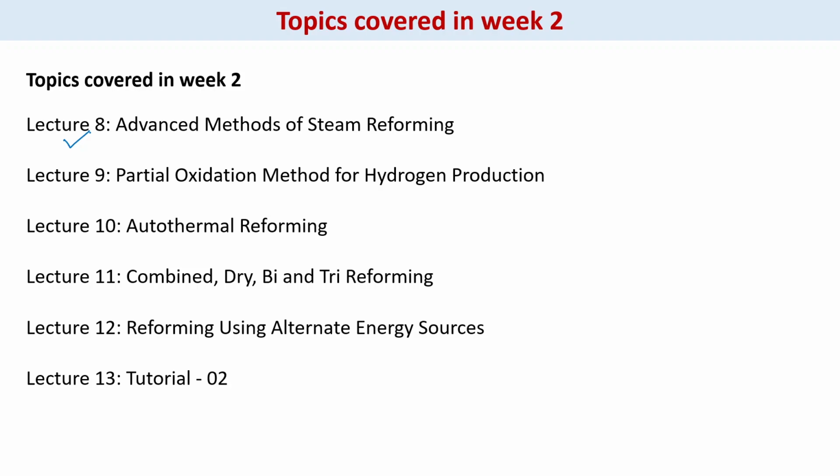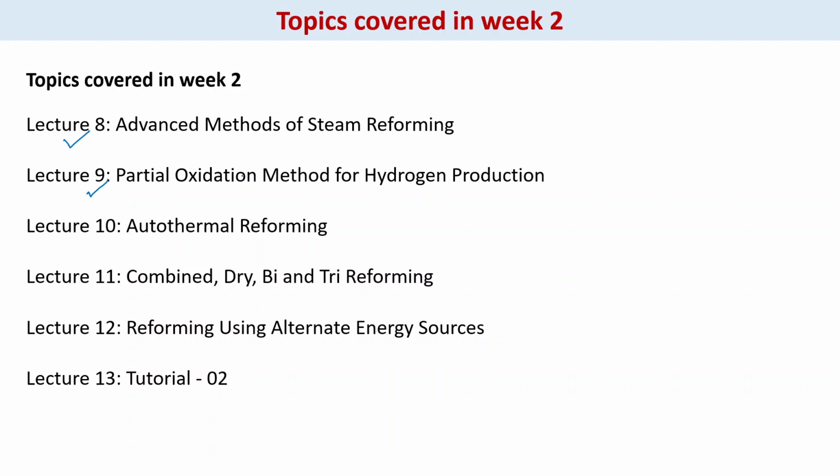This was part of advanced methods of steam reforming, meaning how we make some arrangements to enhance the rate of reactions, or the hydrogen production rate, or the hydrogen to carbon monoxide ratio. From this point of view, we covered lecture 8, advanced method of steam reforming. Next is the